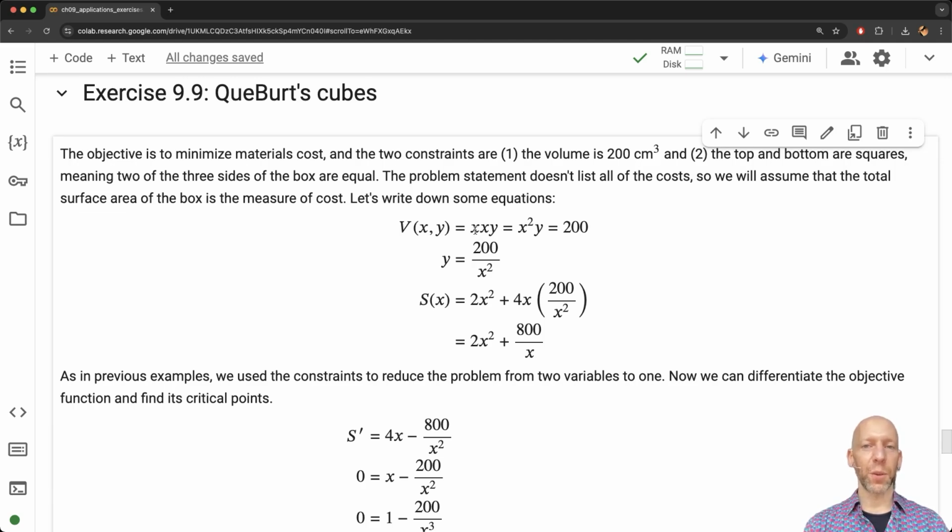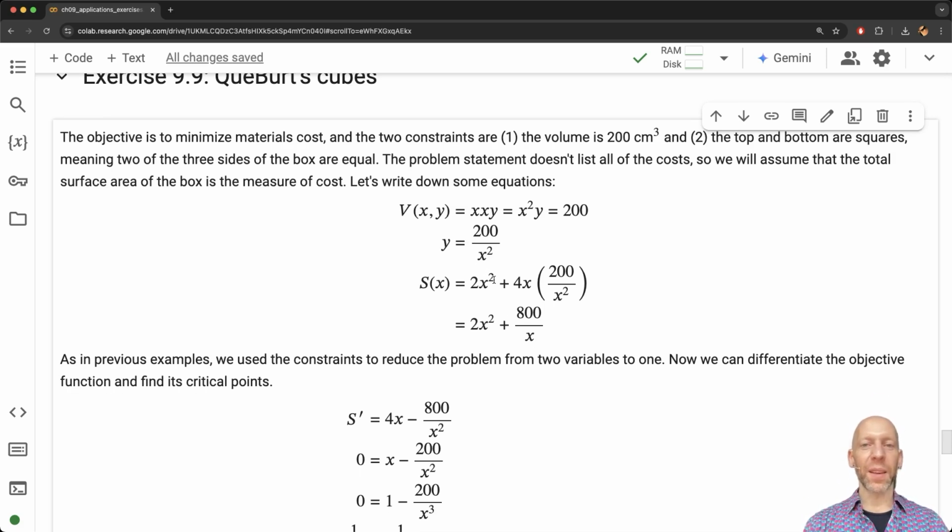So that's how I get to x times y. Now, we don't know what y is. We have to figure that out, but we can solve for y in terms of x. So we can say y equals 200 divided by x squared. And that is going to help us arrive at our formula for the surface area of all of the 6